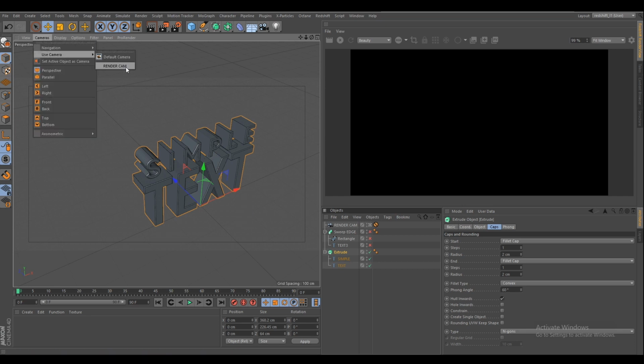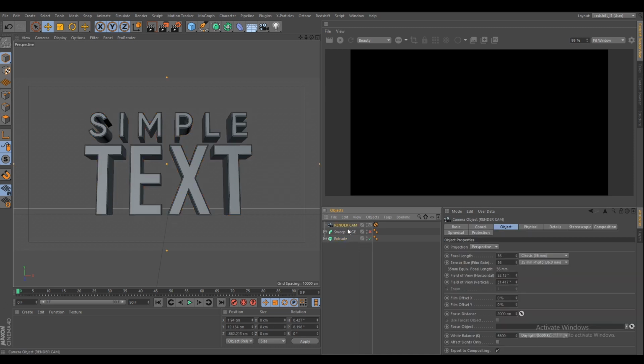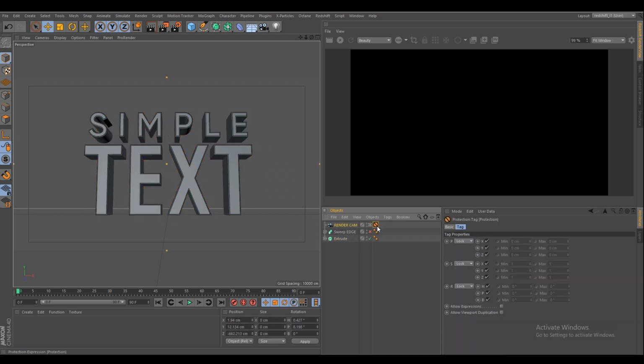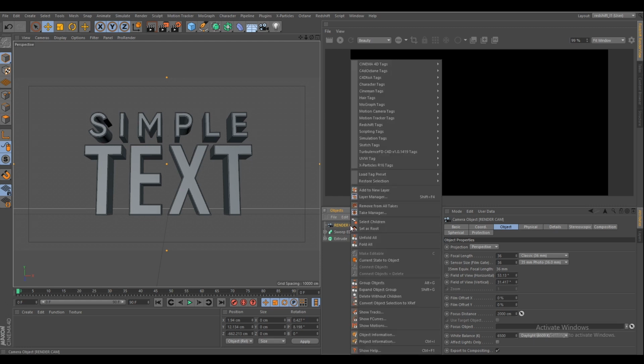So let's see how we can light it. As I told you, I'm using Redshift. So I already placed a camera with this protection tag. And now just to work with all these rendering engines like Redshift, Octane or Arnold, we should apply a camera tag respect to the render engines.